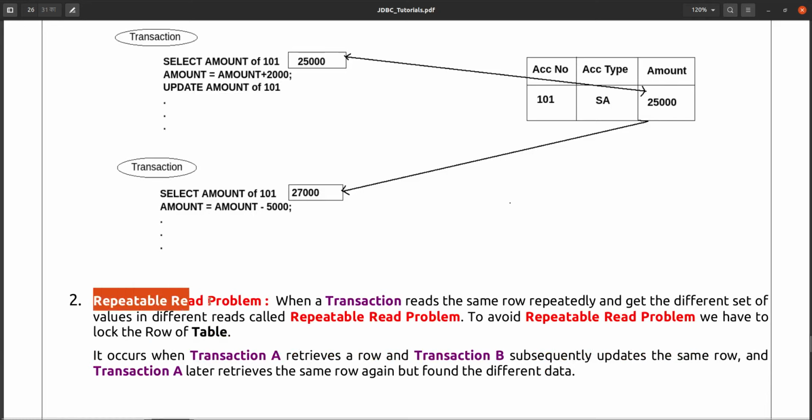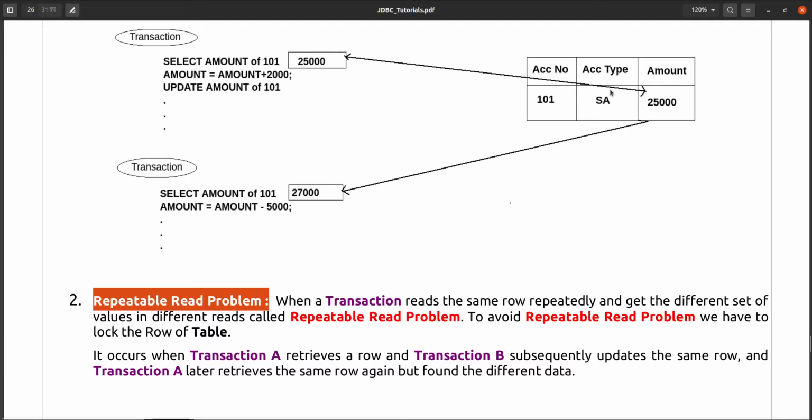Next one is the repeatable read problem. What is the repeatable read problem? When a transaction reads the same row repeatedly, the complete row, and gets a different set of values, this is called the repeatable read problem.